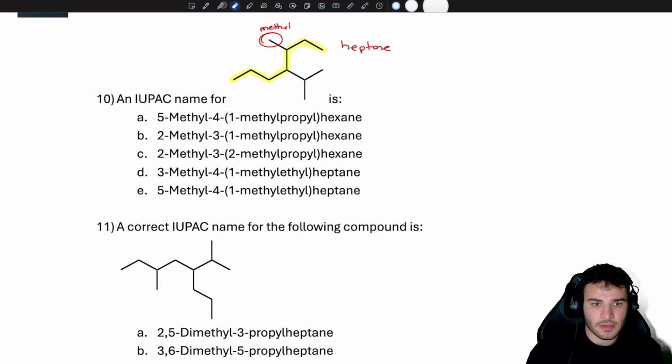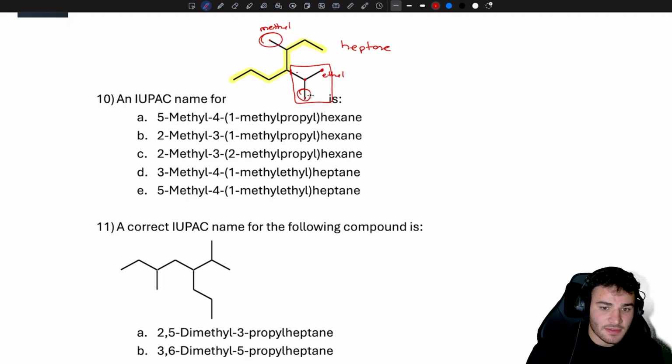So let's erase this little circle for now. Now imagine that this alone was our actual molecule. What would be the parent chain? Well, the parent chain would be this, right? 2 carbons, which is ethyl. And the substituent would be this, which is methyl. And so if we were to name this whole entire thing, it would be 1-methyl